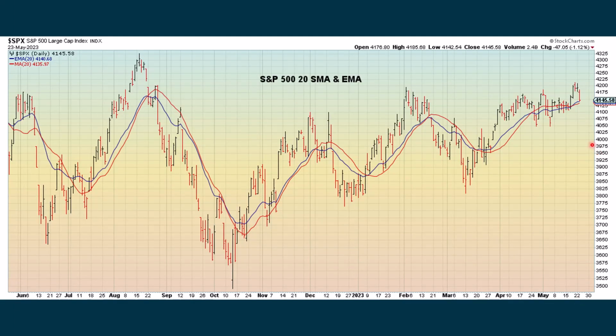But this is kind of encouraging. Right now, we're still down at this moving average. Now, this is the exponential moving average. We have a little bit further to go to get to the simple moving average, but so far, this support